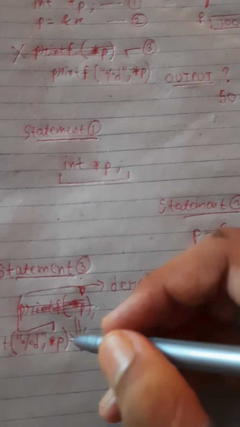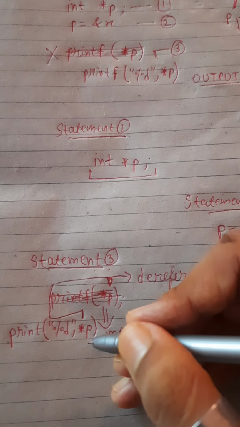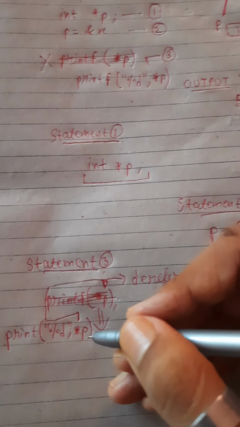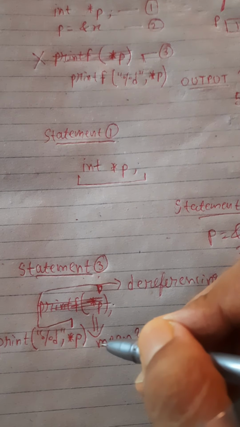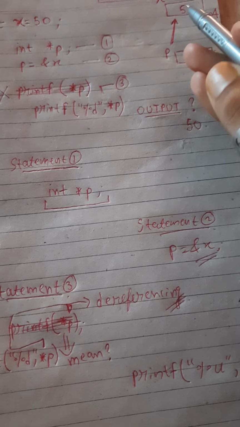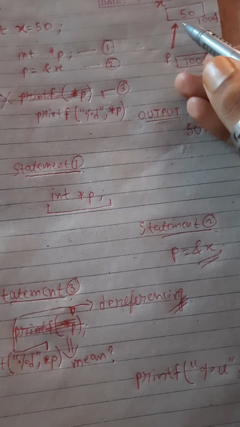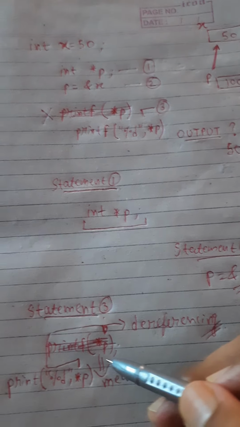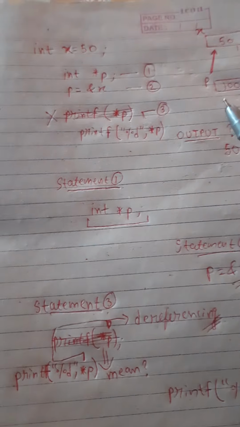But when we are in an executable statement, when we put star p, what does this basically imply? This implies that p is a pointer, and since I am writing star p, I am dereferencing it in an executable statement. So whatever the value that is inside the box of that thing which p is pointing to, take that value and print it here, since the executable statement is printf. So this is the basic crux that you need to understand.